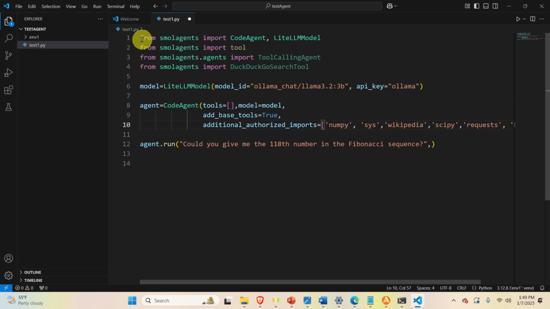First of all, over here, I'm importing several libraries. Code agent, which is necessary to create the agent. Then light LLM model, which is necessary to interface smolagents with Ollama. Then over here, I'm importing tool. Then from smolagents.agents, I'm importing tool calling agent. Then from smolagents, importing DuckDuckGo search tool. In fact, I don't need to import DuckDuckGo search tool since by default, DuckDuckGo search tool is used to search